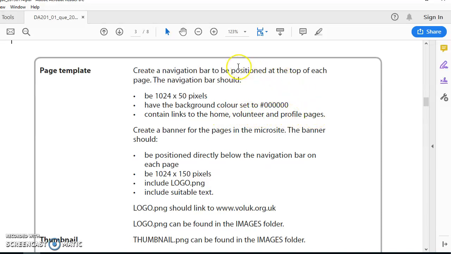This is why we don't set up the navigation bar from the wizard at the start of the website, because if you do that, it will contain links to all pages. This specifically says just those 3 links. So let's go back